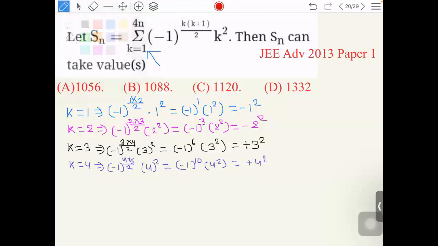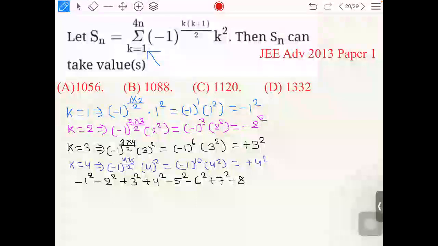ये आपका दिया हुआ है -1 स्क्वायर -2 स्क्वायर प्लस 3 स्क्वायर प्लस 4 स्क्वायर -5 स्क्वायर -6 स्क्वायर प्लस 7 स्क्वायर प्लस 8 स्क्वायर। मीन्स 2 बार माइनस, 2 बार प्लस, माइनस डॉट डॉट डॉट अप टू 4n, सॉरी अप टू 4n। सो अभी मैं इन दोनों को कैसे क्लब करता हूं, देखिए, एक माइनस और एक प्लस,